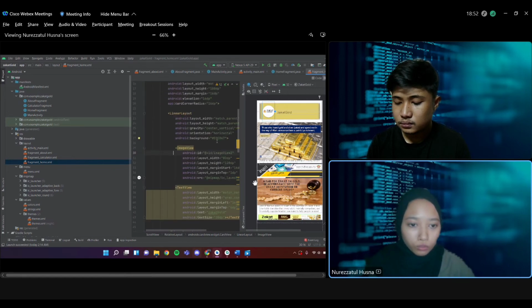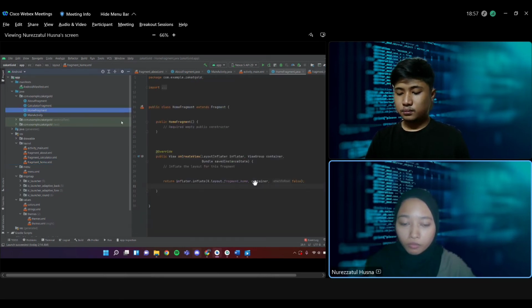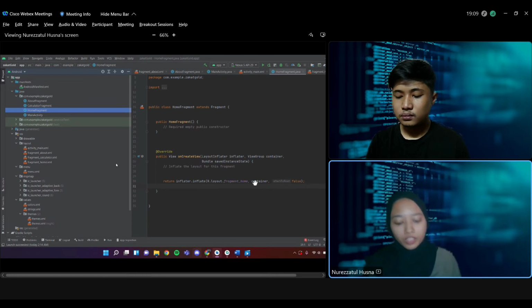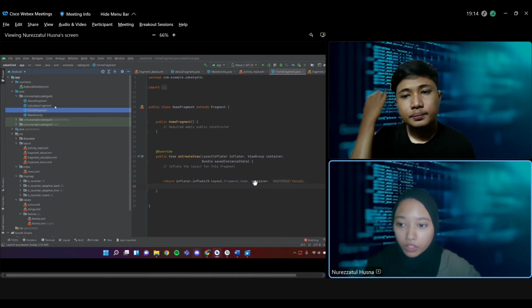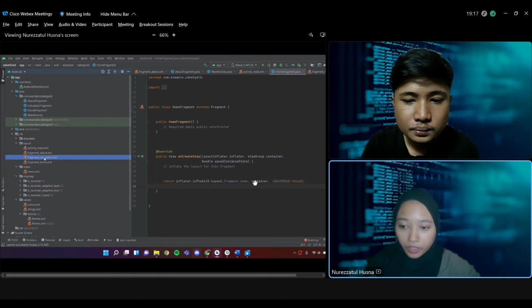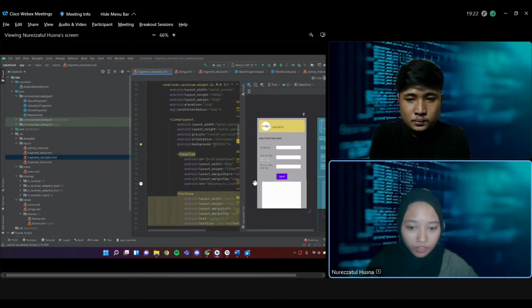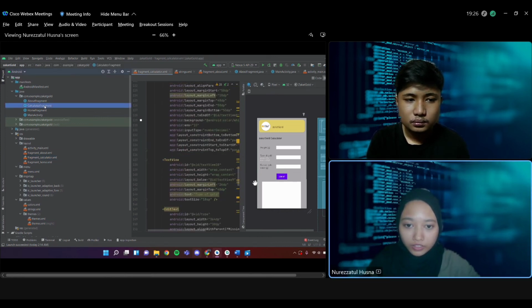To show this interface on the screen, we must use the home fragment class, which makes the fragment home layout be shown on the screen. Then we look at the calculator fragment layout. These are the layouts, and then these are the classes.